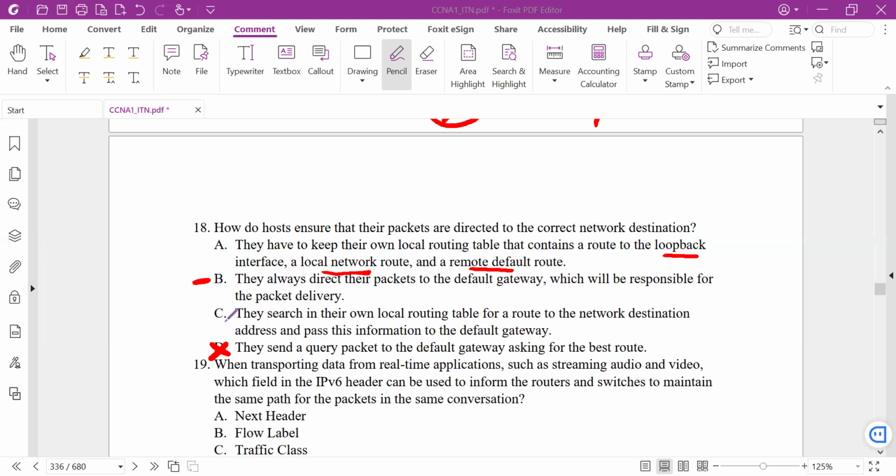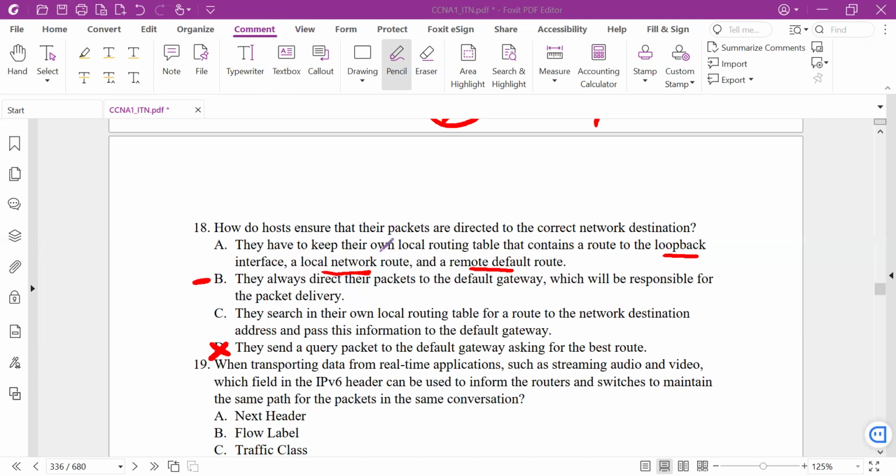How do hosts ensure that their packets are directed to the correct network destination? How does that happen? Who do we have? Para and Lloyd,